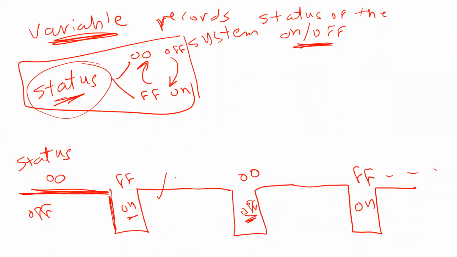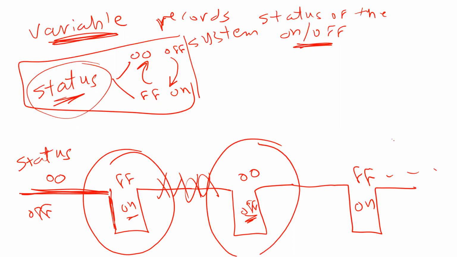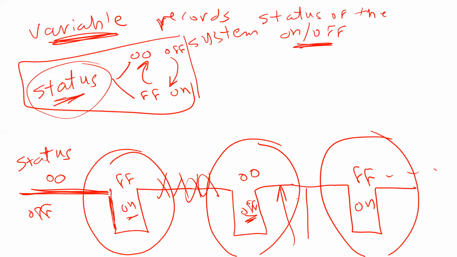So here, you don't press the button, so I'm not going to do anything. If the status is on, it should continue on. If it is off, it continues off. I'm going to change the variable only when you press the button. Is that okay? So when you press the button, I have to change the number I record in status. If it is 00, I'm going to make it FF. If it is FF, I'm going to make it 00. Then at any time, here or here or here,